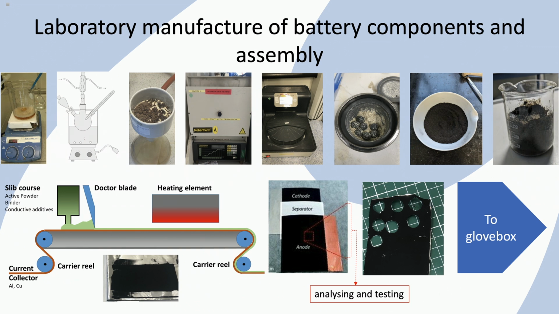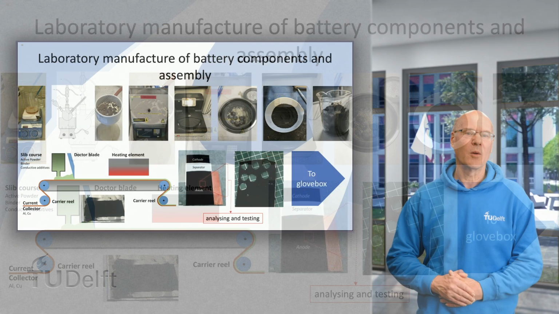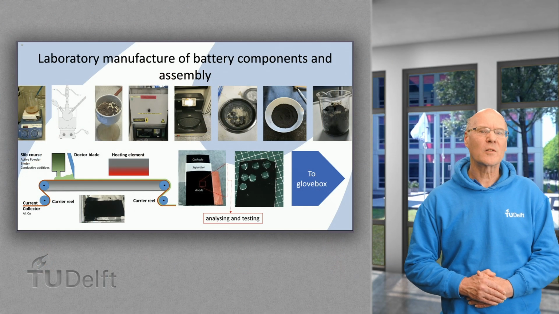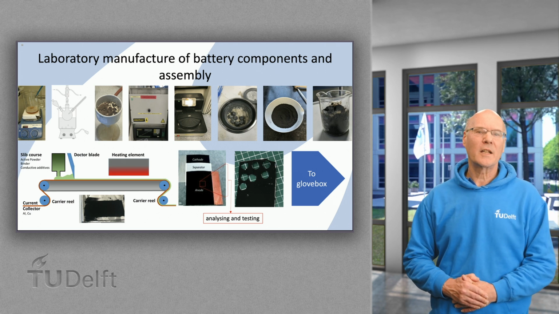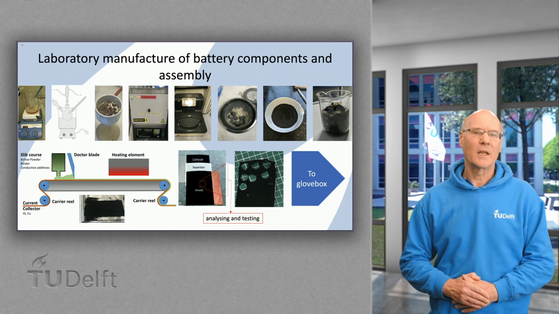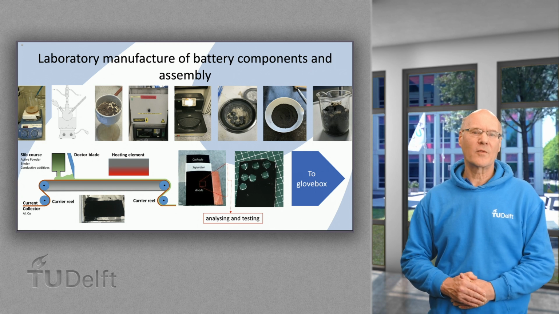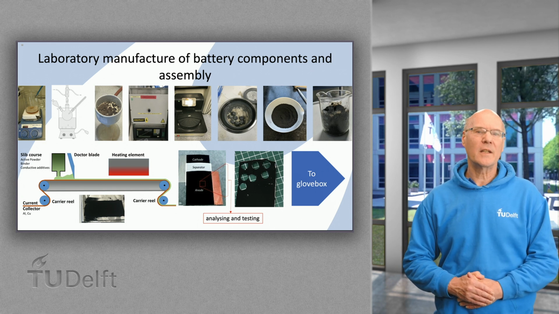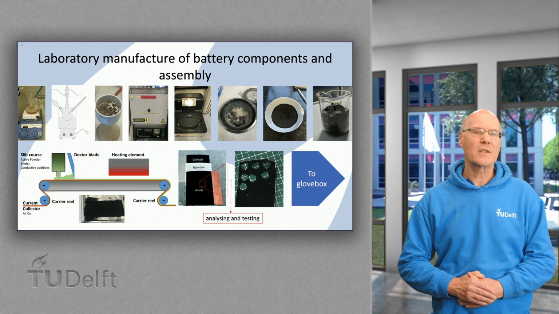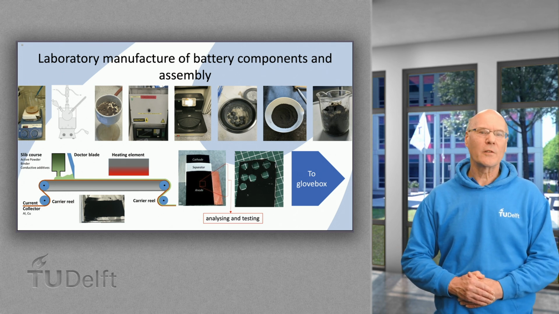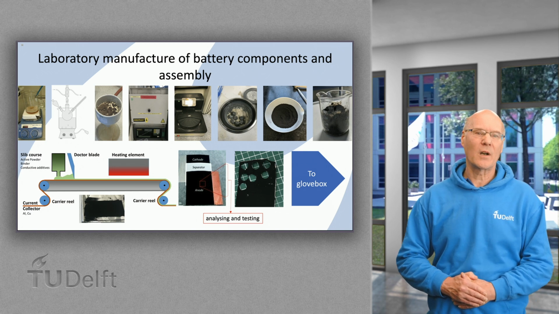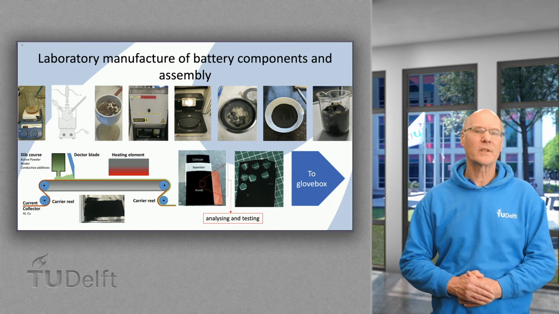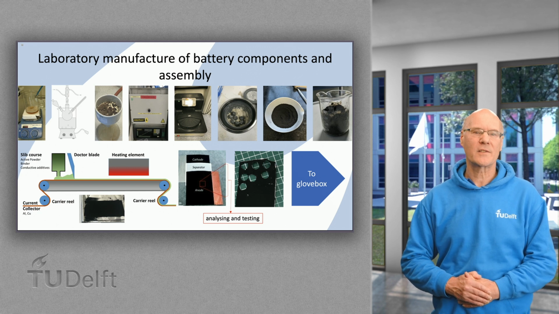A similar process is carried out for the negative electrode material, graphite, but here the casting is done on copper foil. For analyzing the various layers, a laboratory test cell is made, where discs are being cut from the coating and dried in an oven to remove traces of water. All the following components are brought into a glove box, which operates under argon to prevent moisture to penetrate into the test cell.